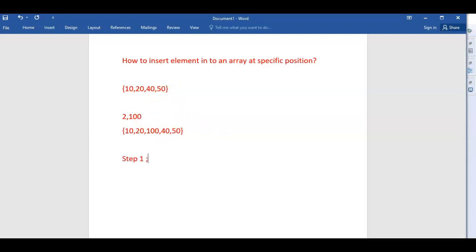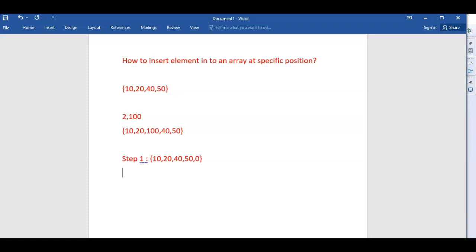In order to do this, in step 1, what we need to do is move 50 to the next position. This is how the array internally looks: 10, 20, 40, 50, and since we don't have any value here, since it is a primitive type, assume that the value is 0 here.